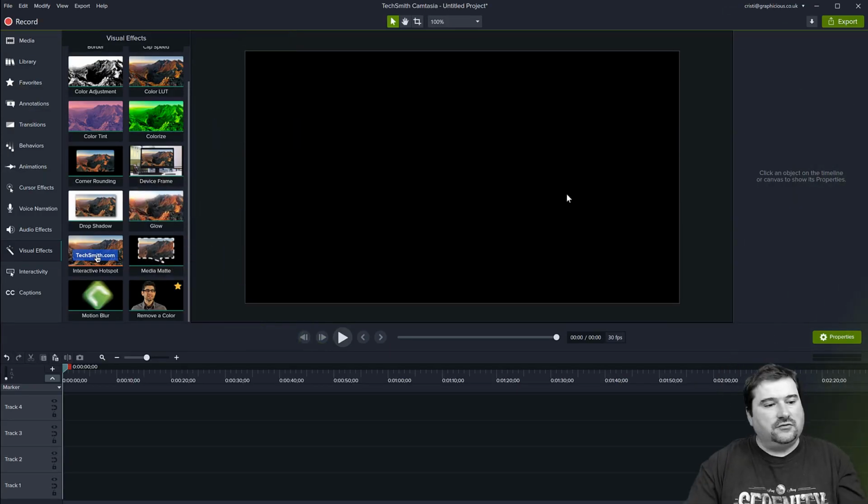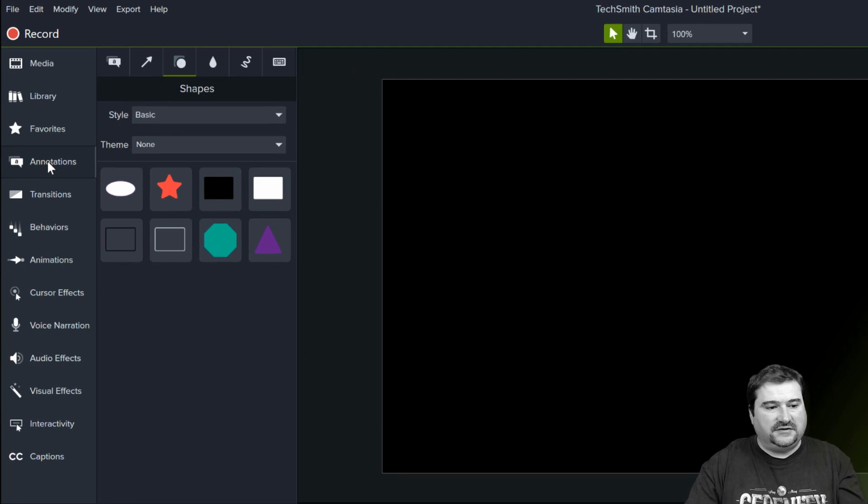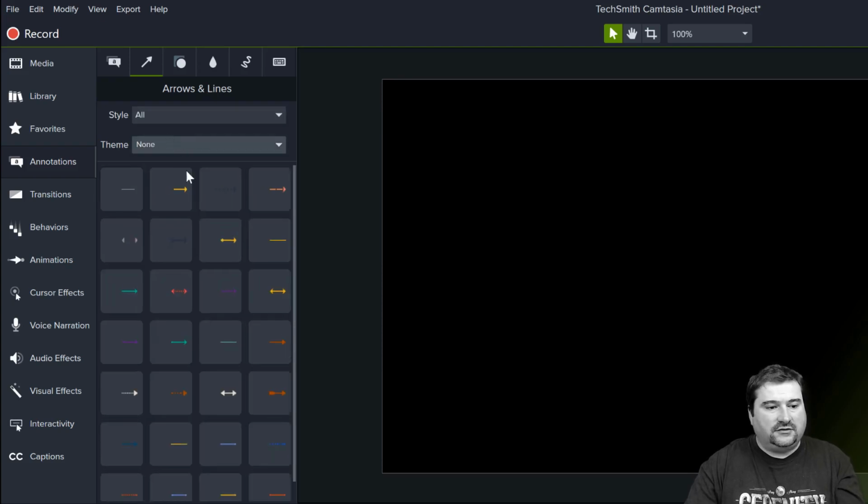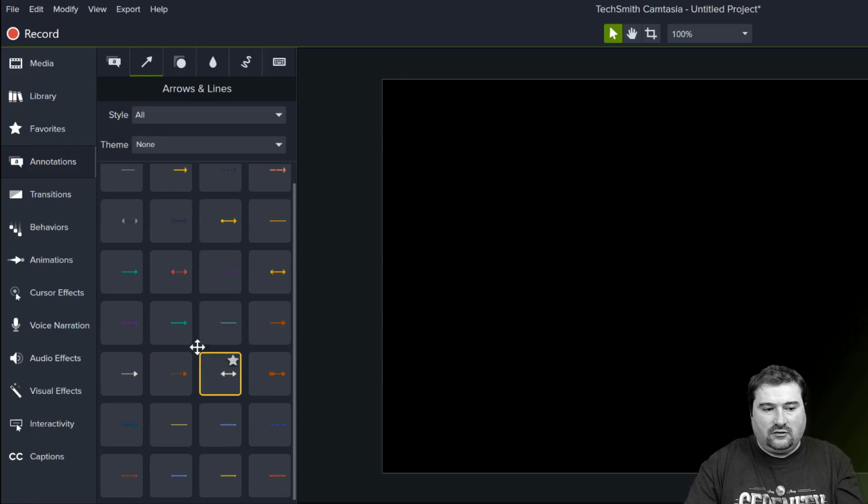What I'm showing you here, if you go to annotation in Camtasia, you have these tabs with the annotations. Let's suppose I want to create a nice arrow. If I go to the arrow section here, you only have a few and they're all in a straight line. And if you go to see all the arrows, you can see that they are pretty basic. All you can change is maybe the start and the end of the arrow and the back of the arrow. You can change the color and the shape of the line itself.